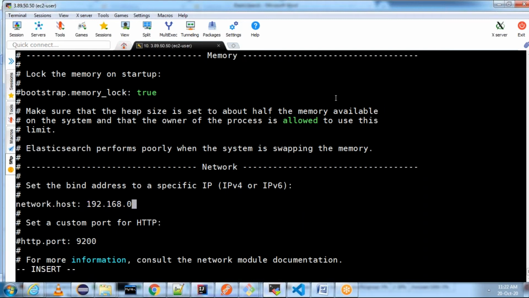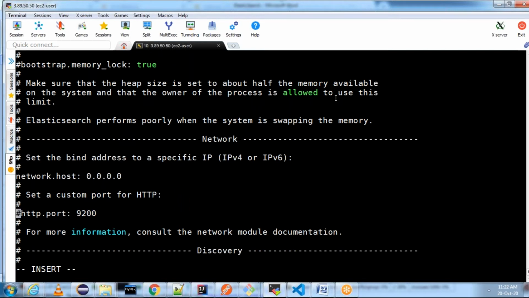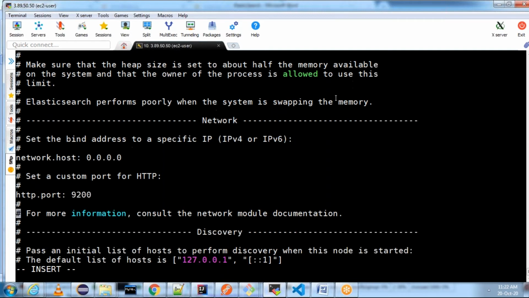Just change this address to 0.0.0.0, and scroll down and uncomment HTTP port as well. If you don't uncomment it also, it will run by default on the same port. I'm just uncommenting it.